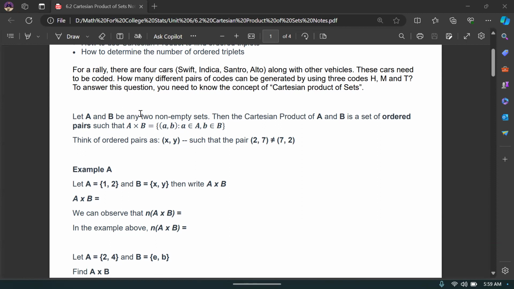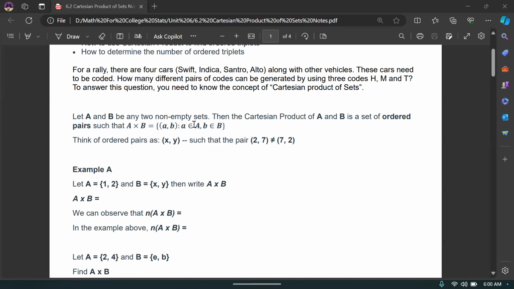So let A and B be any two non-empty sets. And the Cartesian product of A and B is a set of ordered pairs such that A times B, I suppose you could say that, is the set of pairs (a, b), where a is an element of A and b is an element of B. So basically, long story short,